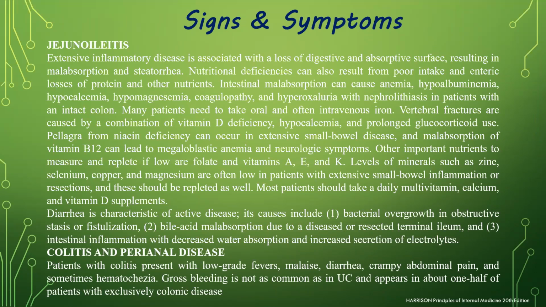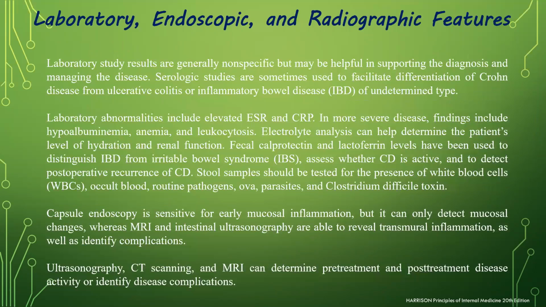Patients with colitis present with low-grade fevers, malaise, diarrhea, cramps, abdominal pain, and sometimes hematochezia. Gross bleeding is not as common as in patients with ulcerative colitis and appears in about one half of the patients with exclusively colonic disease. Laboratory study results are generally nonspecific but may be helpful in supporting the diagnosis and managing